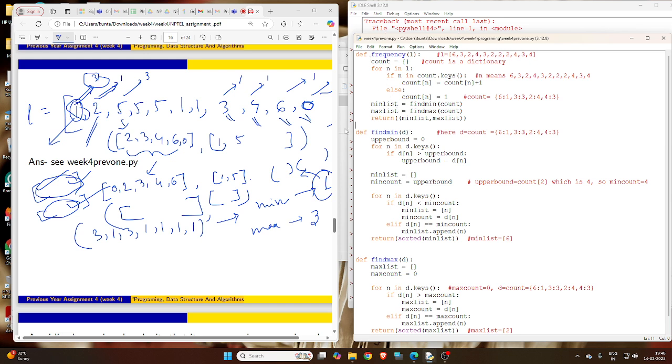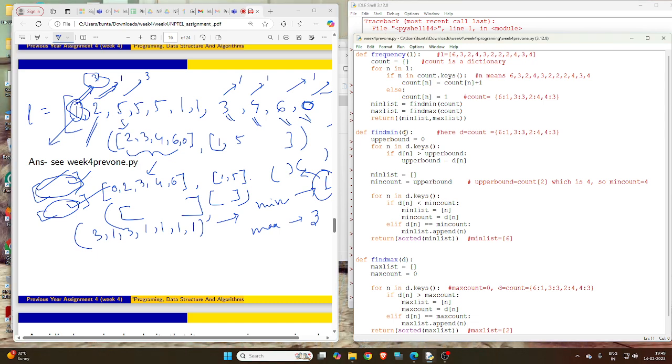But the thing is, here you can see in C++ also we are using the similar thing: we are calling a subprogram. We are writing a subprogram below that main program, and then we are calling it in the main program, right? The same thing is there in this case. Find min t is another subprogram-like thing, and it is called in the main program. So our main program is only the